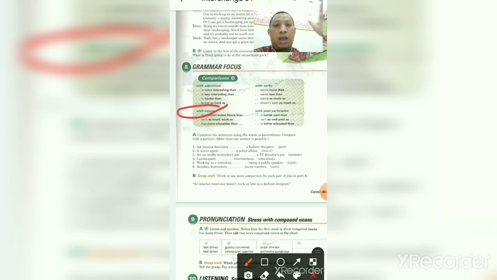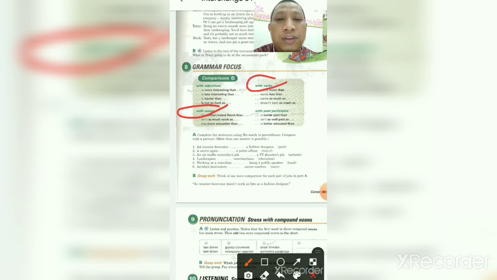Has more than, or has less education than, or maybe it is negative. So it's supposed to be negative: my father does not have as much education as my mom. So you have to use a negative, is not. Maybe my grandfather does not work as much as my father, for example. So you have to use a noun. And next is